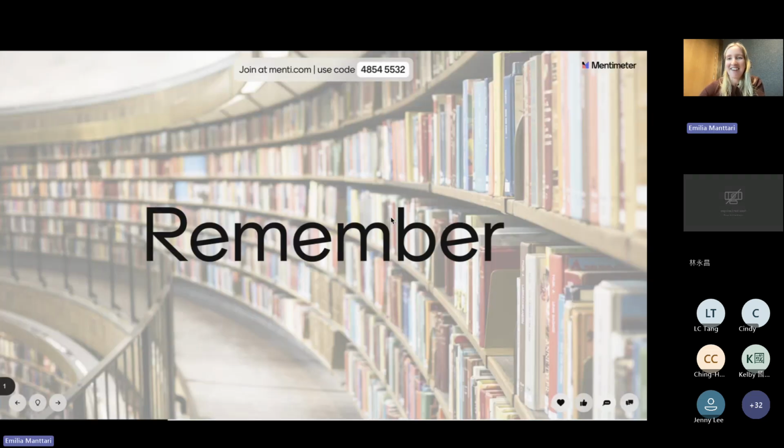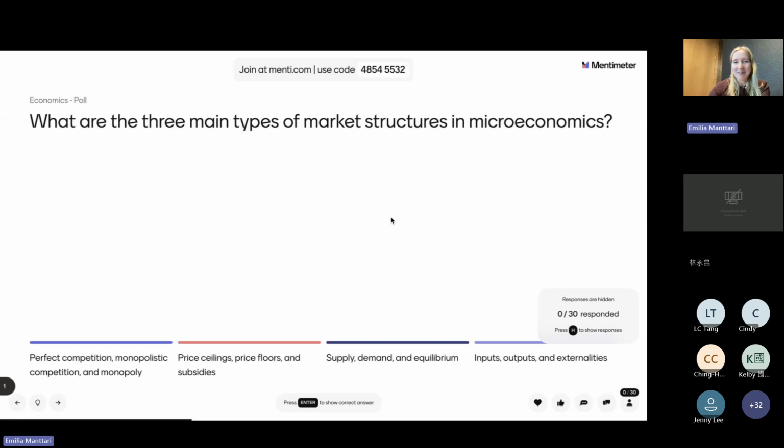So first we have remember, and this is really testing students' knowledge in terms of recall and trying to remember what you have been teaching. And here we have an example on how you could do that in Mentimeter. I picked some different subjects, so we have a variety of different subjects and topics that we will be covering today. You don't need to be an expert in any of these, but we can just try this out.